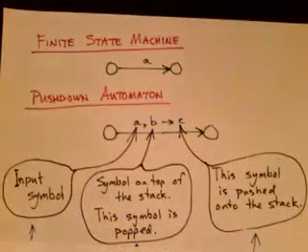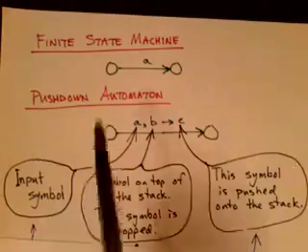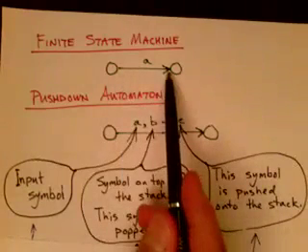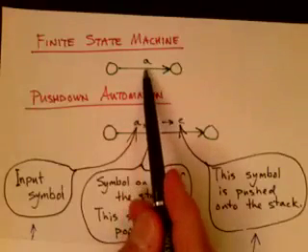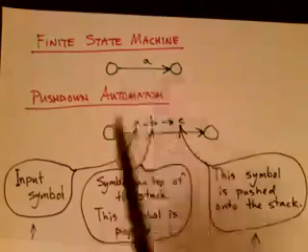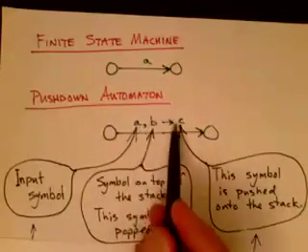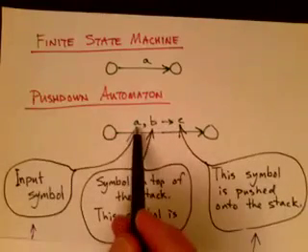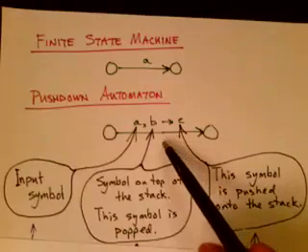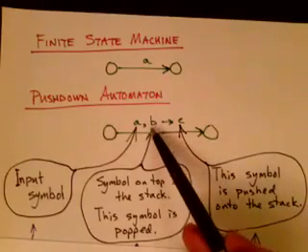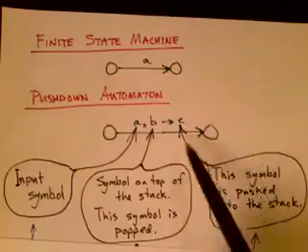Okay, now let's look at the notation we're going to use for our pushdown automata. Above, we see a transition in a finite state machine. Each edge is labeled with a single character from the input alphabet. In the pushdown automaton, each transition is labeled with three things. The first is an input symbol. The second is the symbol on top of the stack, and that symbol gets popped when this transition is taken. And the last thing is a symbol that will get pushed onto the